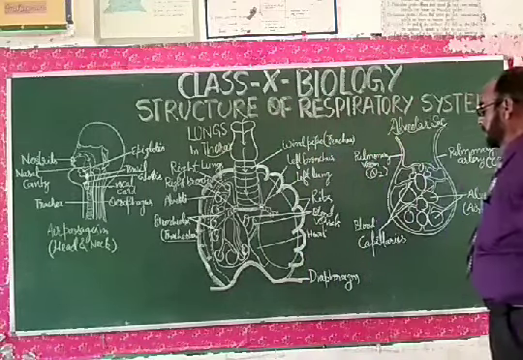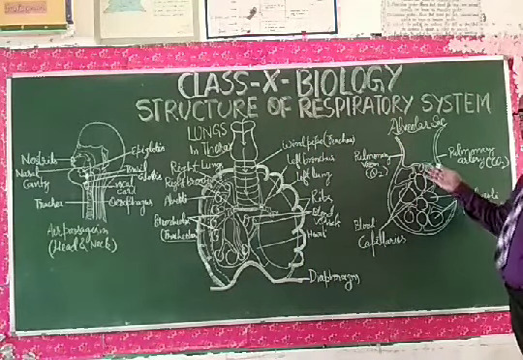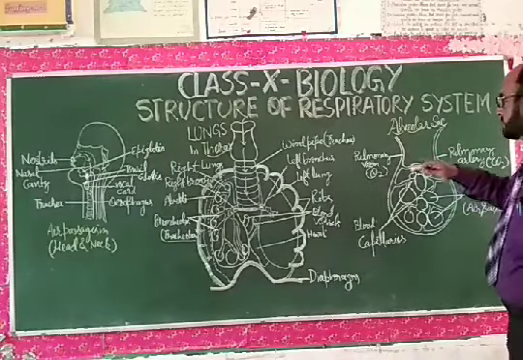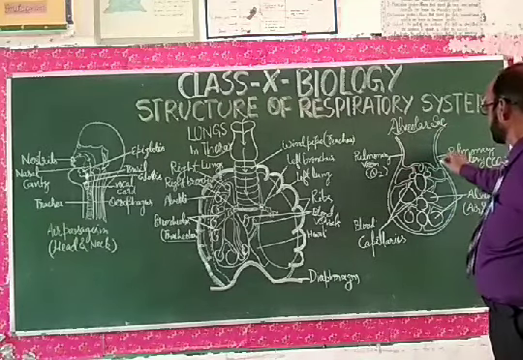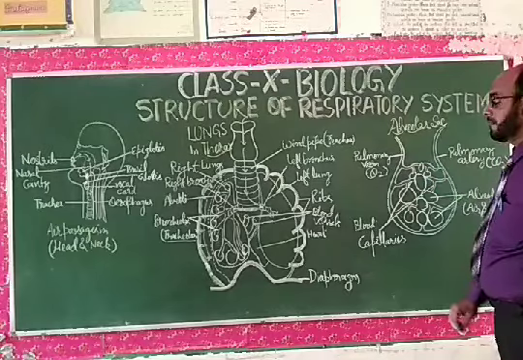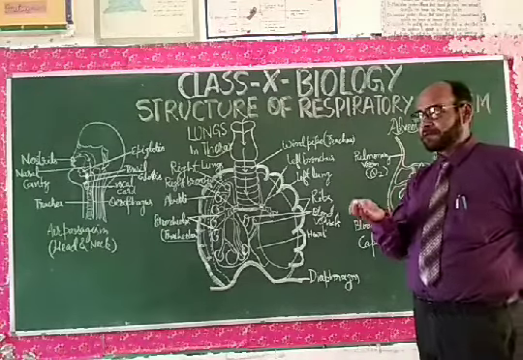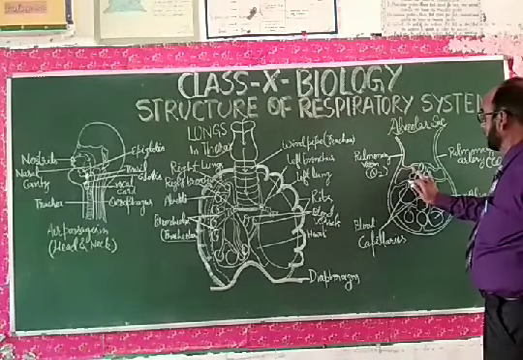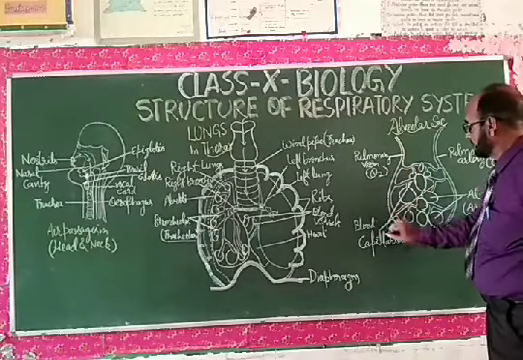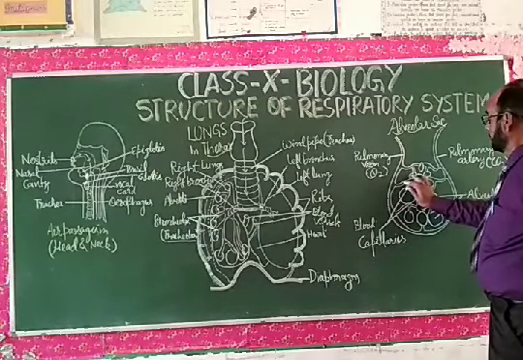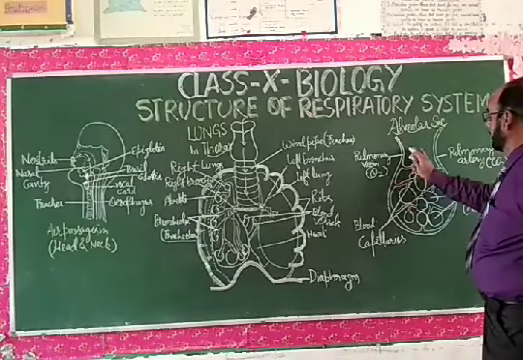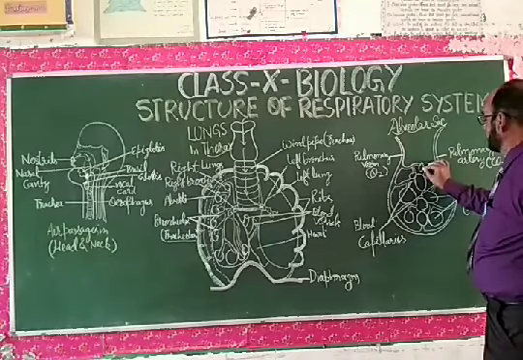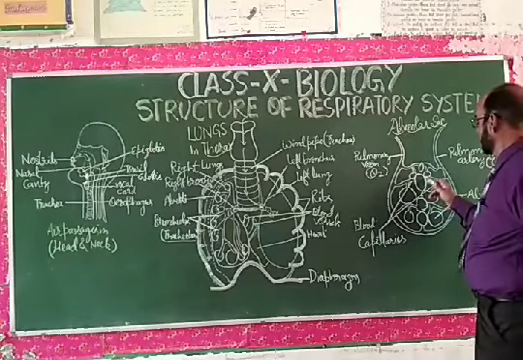And now comes the internal diagrammatic representation of the alveolar sac. You will see how the blood vessels enter into the alveoli where gaseous exchange takes place. So gaseous exchange takes place in the alveoli with the help of the blood capillaries, which are spread throughout the alveolar sac, where a large number of alveoli are formed, and each alveolus is connected with the